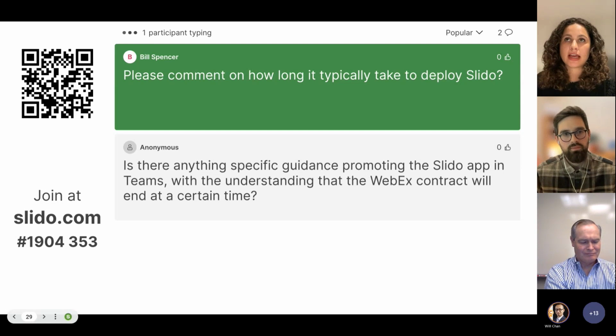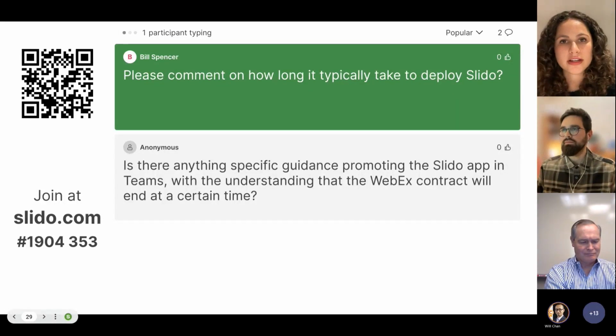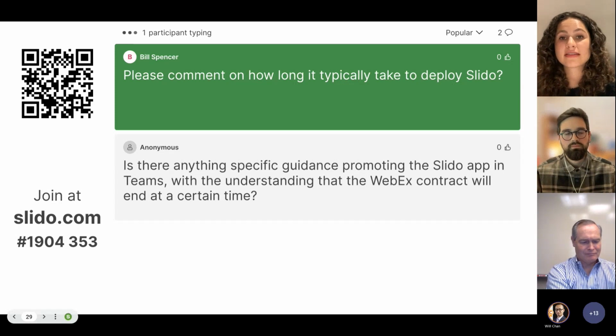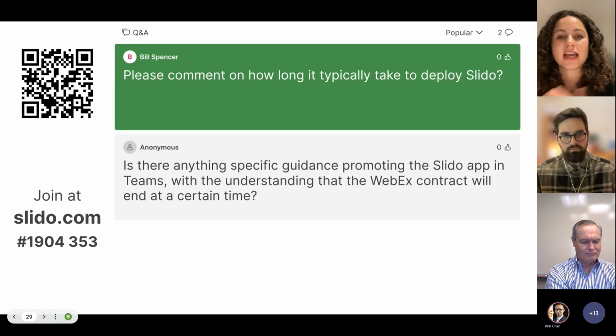Yeah, having spoken to admins, to be honest, the answer is quite all over the place. It often depends on the size of the organization, also the security desires of the organization. Slido, as of right now, is kind of all or nothing. You cannot deploy Slido to only specific parts of your organization. Is that correct, Martin? That's correct. Okay, right. And some organizations don't want everyone to have access to Slido, and so that delays the process.